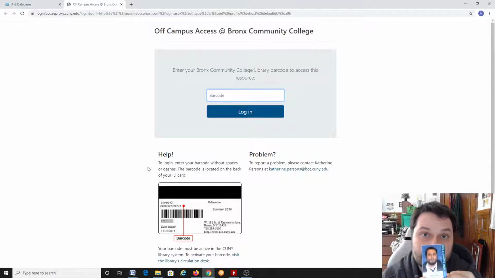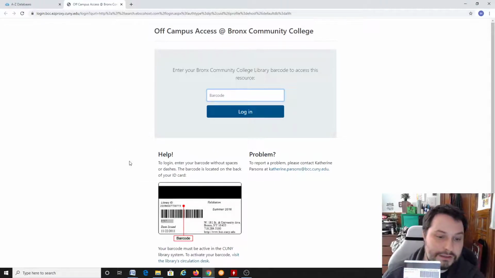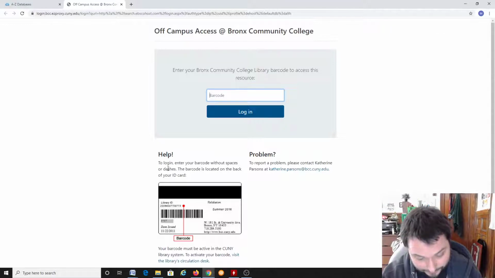Now, on the back of this ID card, you will see a library ID number here. You'll notice that it is a different layout from the one there. That's because this help page is actually from before the redesign of the ID, so this help page is more than 2 years old. But if you enter your library ID,